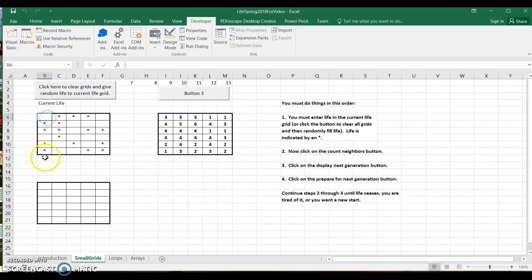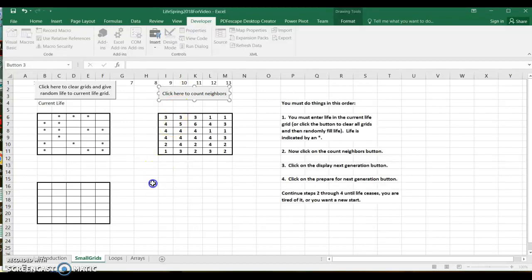If you look at this particular cell, I do have 3 neighbors. If we go down to this, oh, let's go with the middle one. So 1, 2, that's this one right here. And if you look, it's 1, 2, 3, 4 neighbors. So it has now counted my neighbors, which is what we want it to do. So let's do the text here and say, click here to count